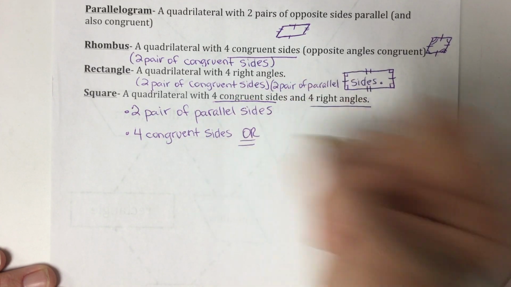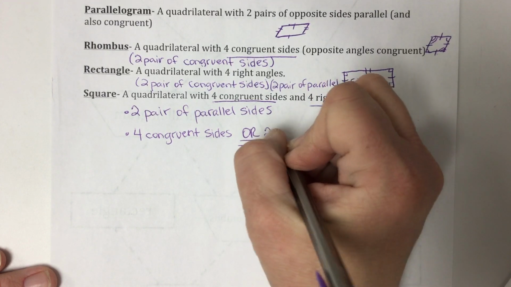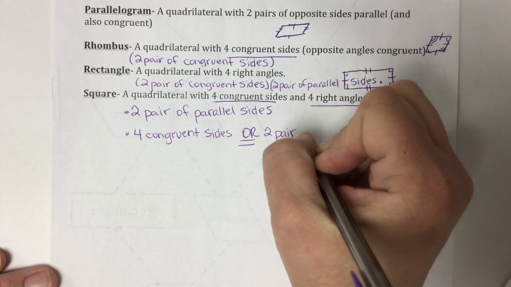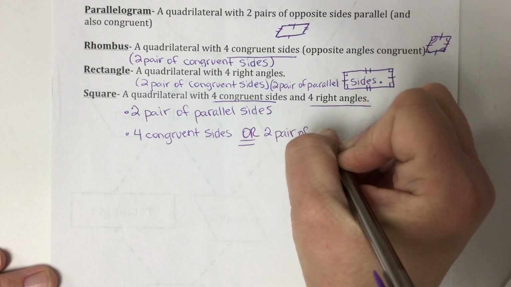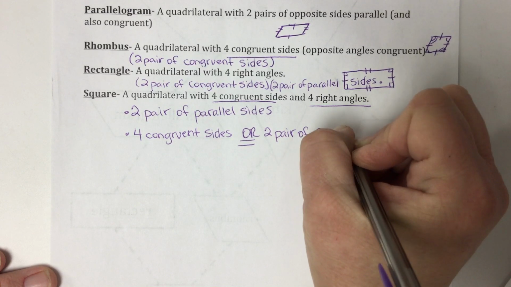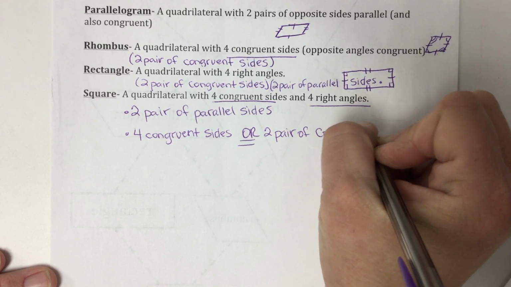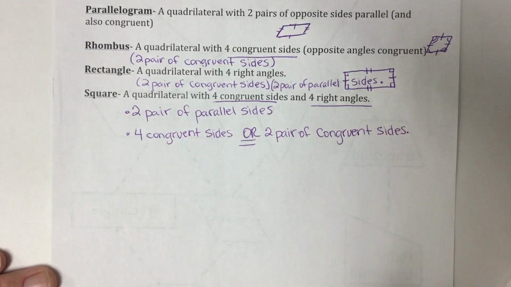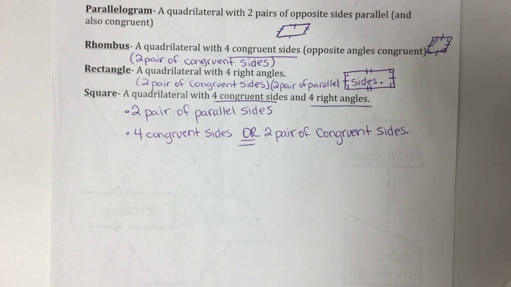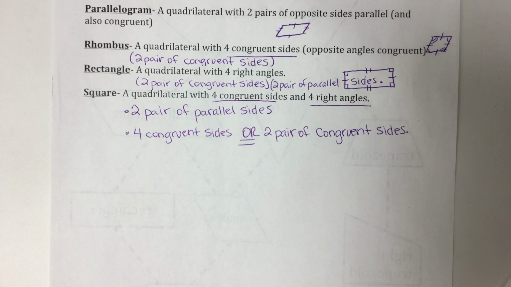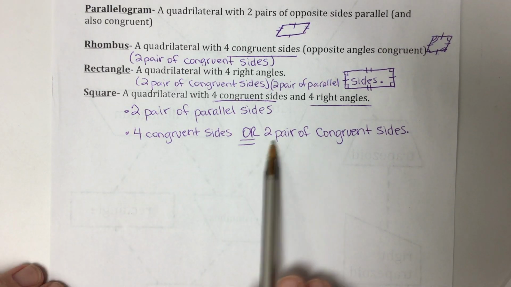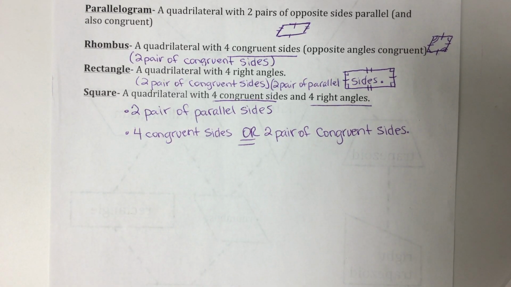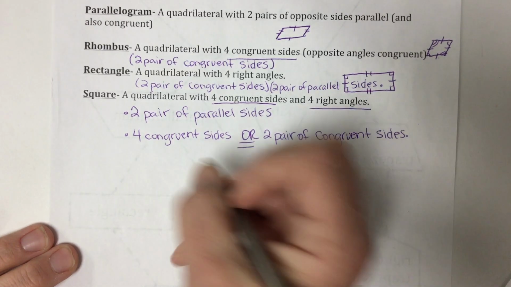Or you can say 2 pair of congruent sides. Okay? A quadrilateral with 4 congruent sides and 4 right angles, which means 4 congruent sides or 2 pairs of congruent sides. Okay? So if I have a square,